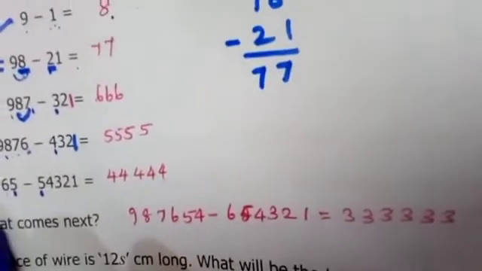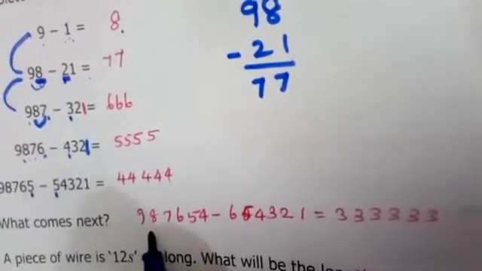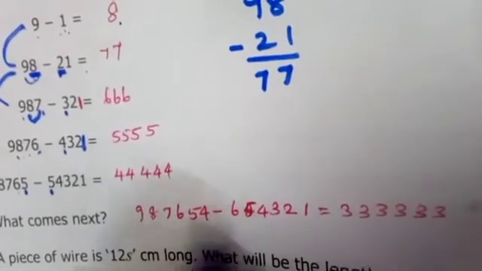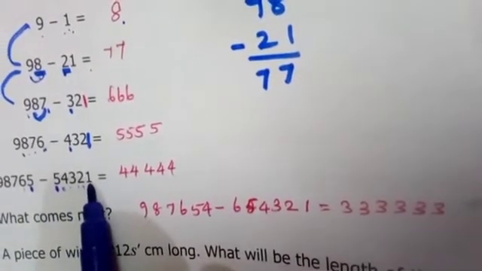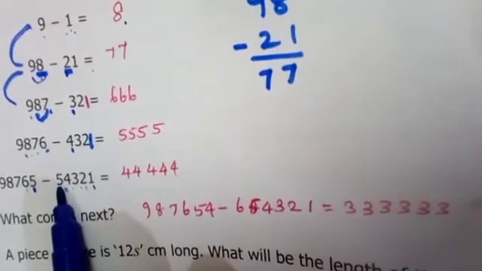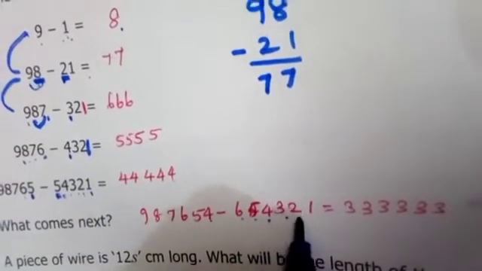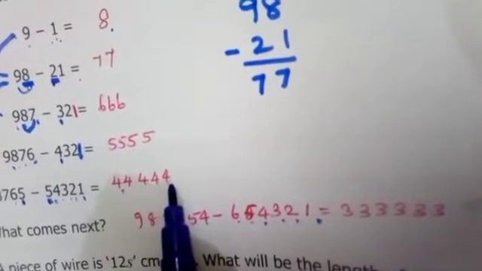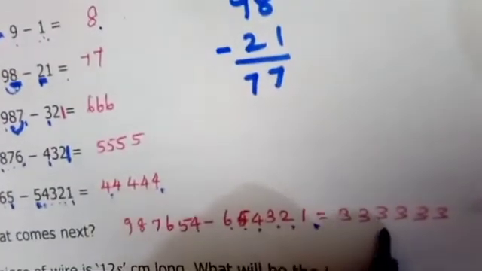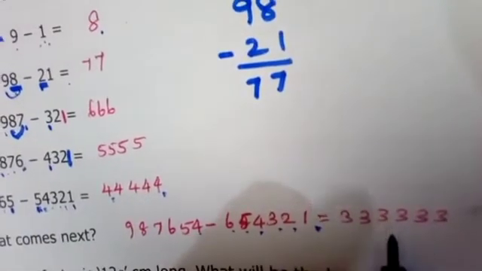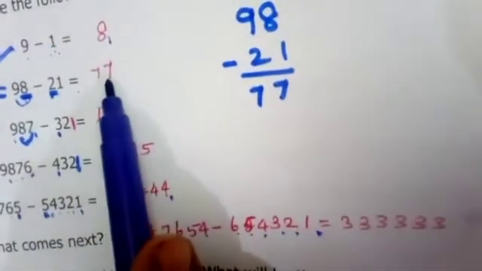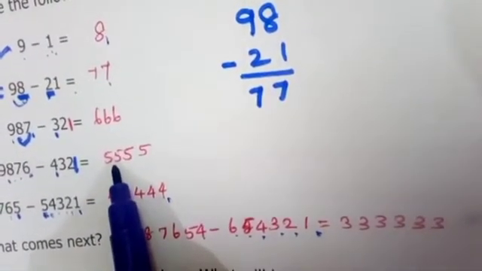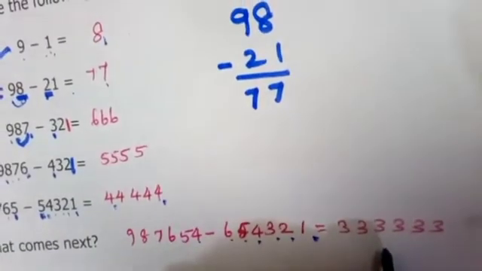The same way we have to find both left hand side and right hand side. First left hand side 9, 8, 7, 6, 5. Next number 9, 8, 7, 6, 5, before number 4. For in the second number 5, 4, 3, 2, 1 is there. So that is 5, after number is 6. So 6, 5, 4, 3, 2, 1. So here 4 write 5 times. 4 before number is 3, 5 times is there. So next we have to write 6 times. So now you have to check 1 time 8, before number 7 2 times, before number 6 3 times, before number 5 4 times, 5 times, here 6 times.